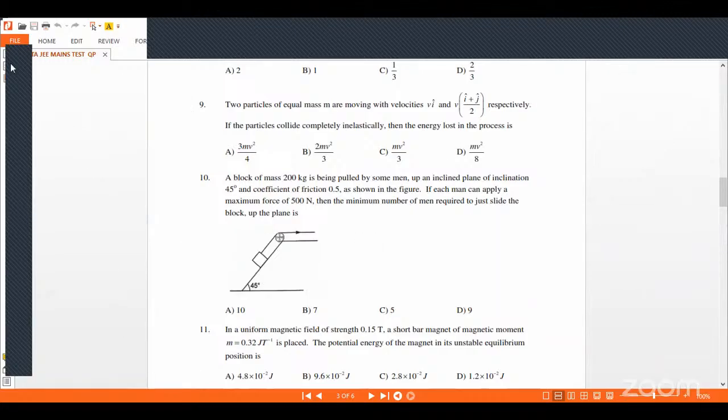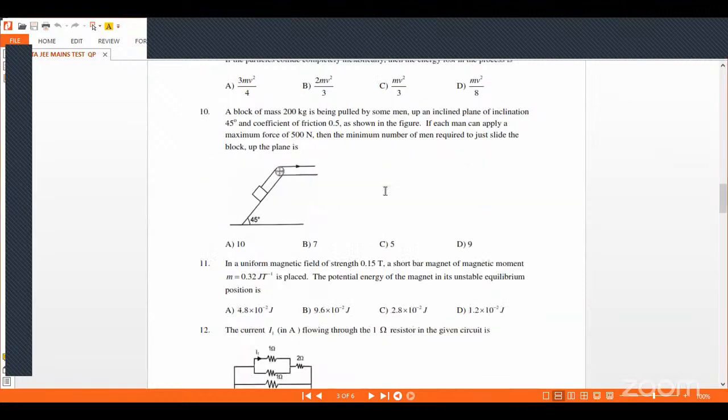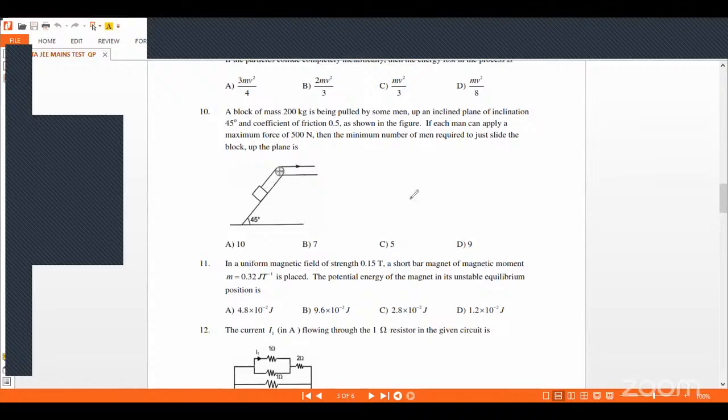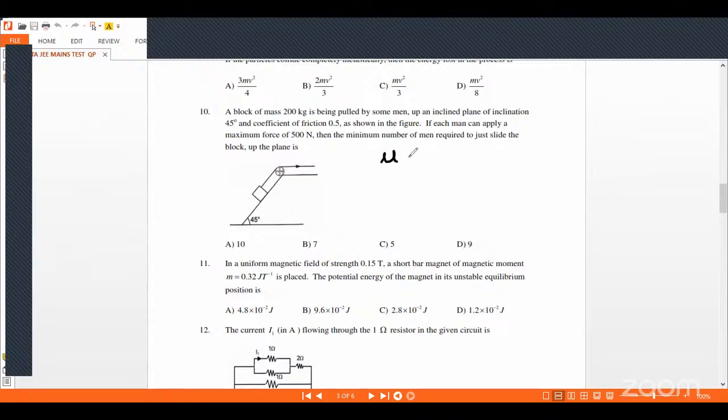A block of 200 kg is being pulled by some men on an inclined plane of inclination 45 degrees, and the coefficient of friction is 0.5, as shown in the diagram. If each man applies a force of 500 Newton, then the minimum number of men required to just slide the block up the plane is,